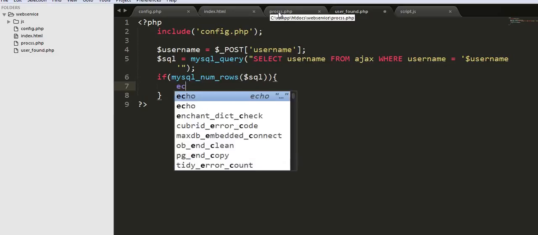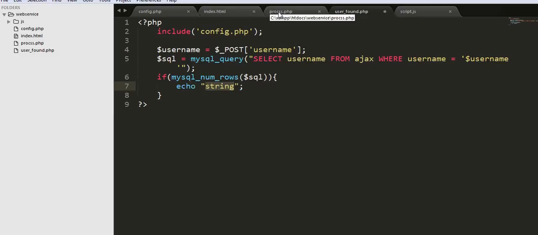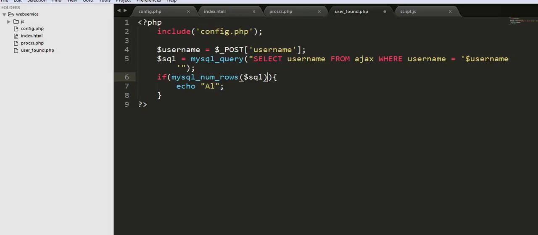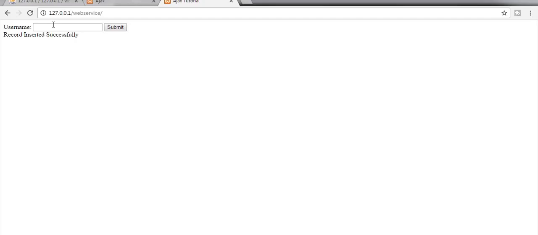Then I will display a message saying that if num rows is greater than 0, I will display a message as "already exist", else, if it is equal to 0, "not found". Here, whatever value the user enters inside this text box will get received here,